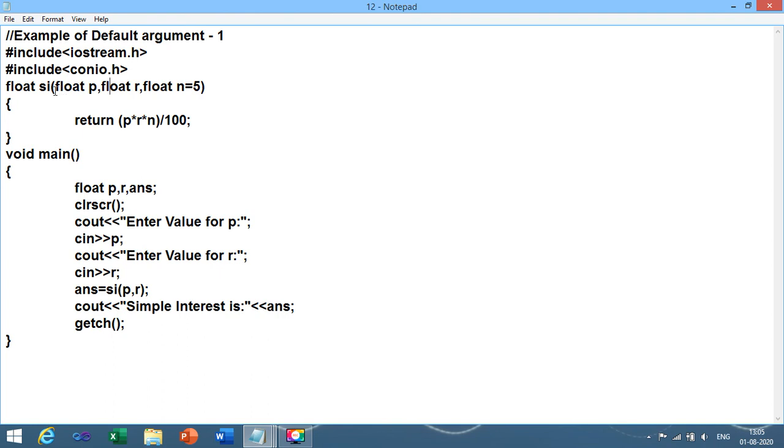So suppose you want to assign a default value to P, at that time compulsorily you need to assign the values of R and N, but right now I have assigned only the value of N. So while you call the function, suppose you are passing two values of the variables, even then it allows you to call the function. Why? Because we have passed the default value of the variable N. This is program number 62, and you need to write the output regarding the default argument.